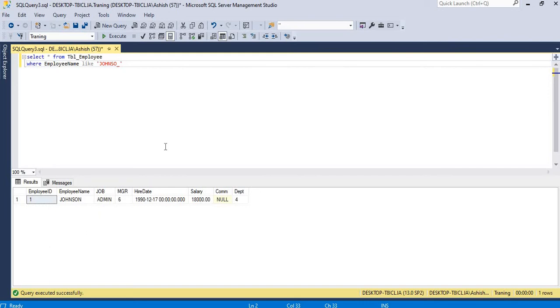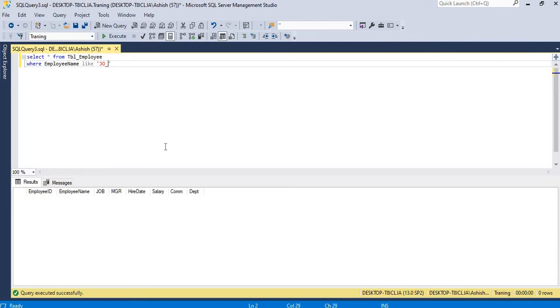It doesn't use all the positions. If I keep it like this, it will see only 3. So if the employee name starts with J, the second character is O, and the third character may be anything, but there is no value which has a length of 3.